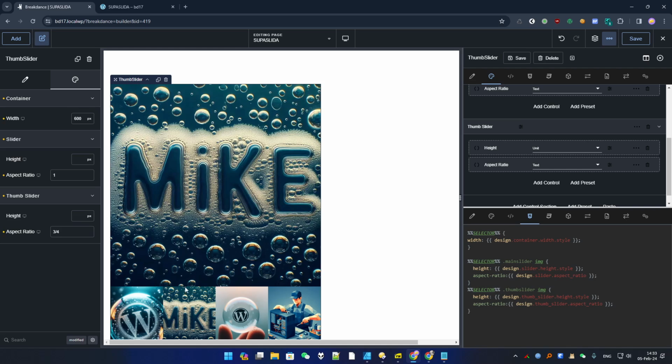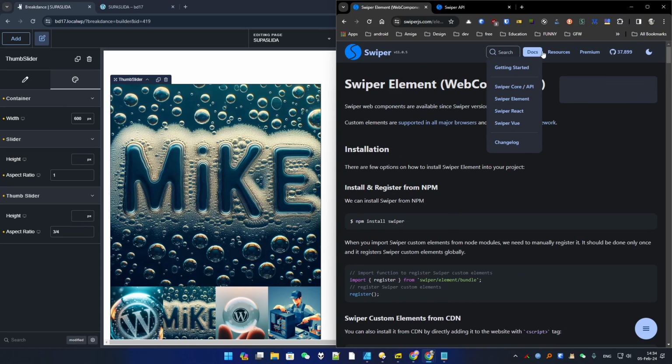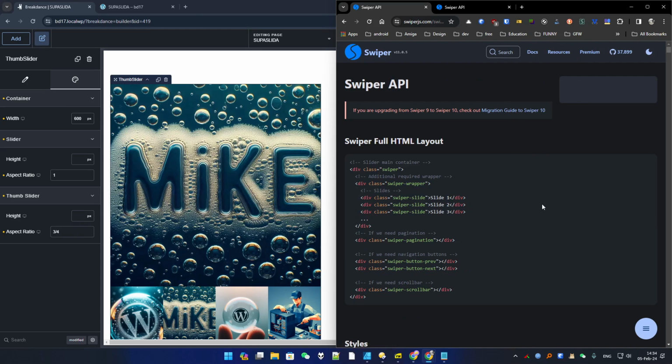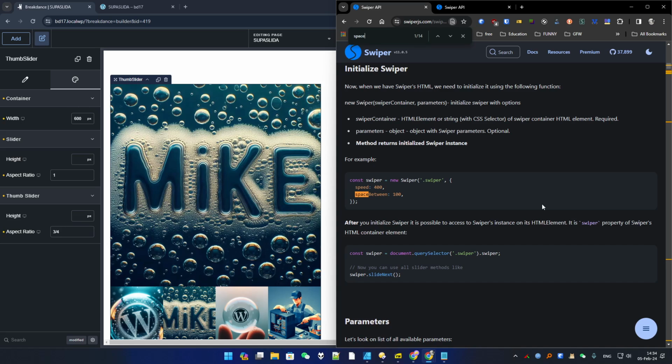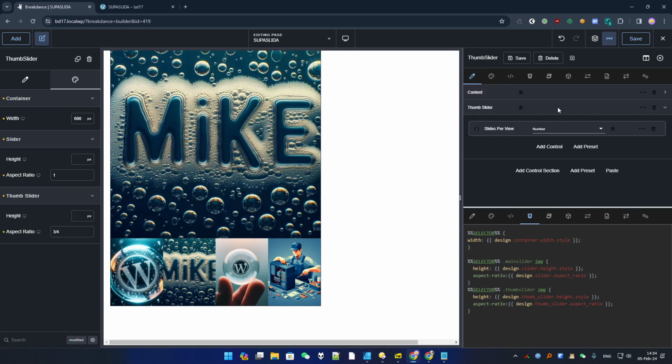Yes, we want to have an option to have space between. So let's go back here. I forgot actually the name of it. It's a space between. Space between. Okay. So let's go back here. We had an option slider, just a number. So space between number